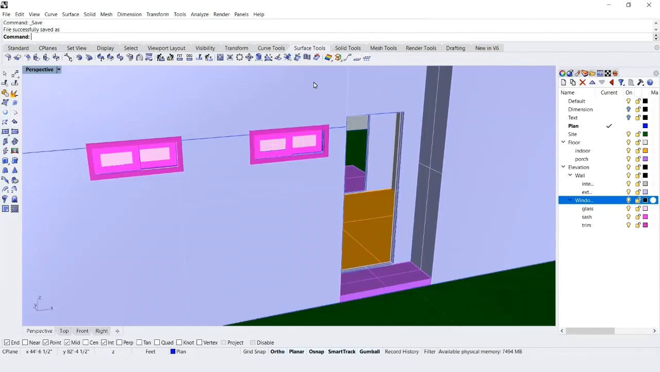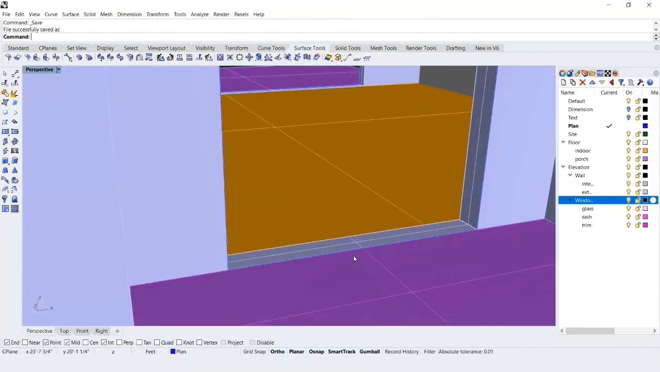Next, we are going to create the doors. Let's start with the front door. Zoom in a little bit. Click here. Choose the curve. Move it to the midpoint and tap Extrude